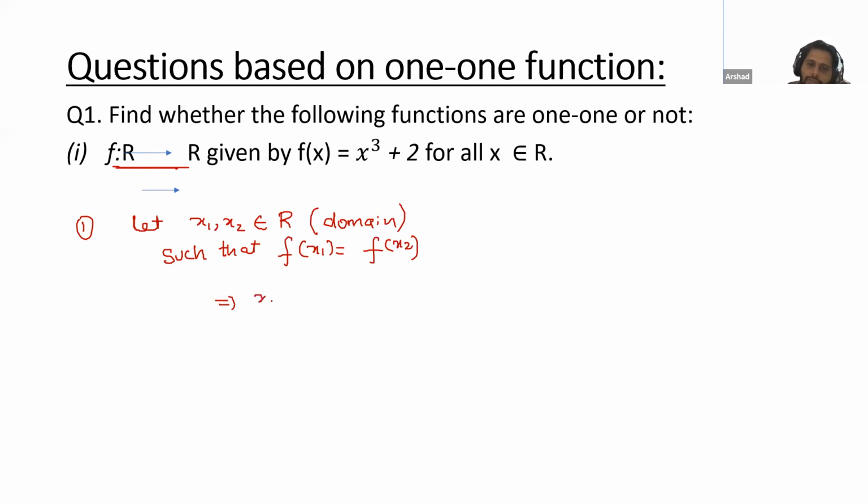So x1 cube plus 2 is equal to x2 cube plus 2. The 2 cancels out, x1 cube is equal to x2 cube, and taking the cube root on both sides, we get x1 is equal to x2. Hence